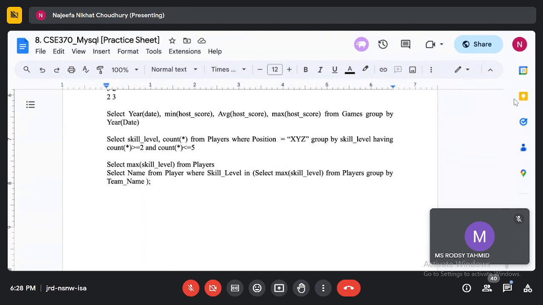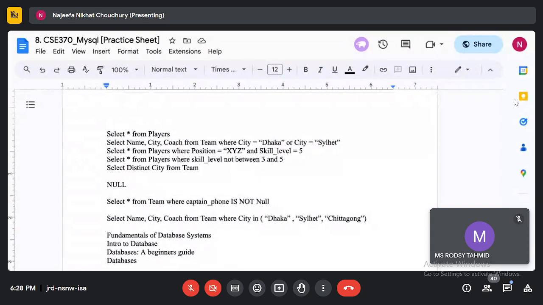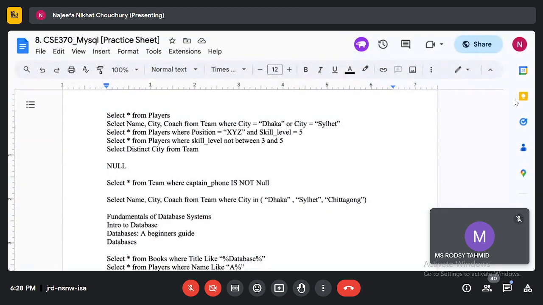Okay. So I will probably erase this part now because I have another class and I will have to write everything for them as well. So if any of you want to take a picture from the practice sheet, you can take it. I will erase it before 7. So if you want to take pictures or screenshots, you can take it from the practice sheet document. Okay, any other questions?